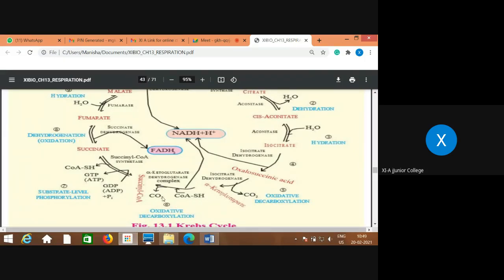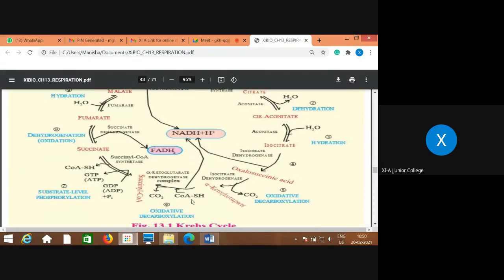Immediately in the next step, second decarboxylation takes place. So from 6 to 5 and 5 to 4 carbon atom, that is succinyl coenzyme A. Why coenzyme A? Because it gets attached here from the matrix, and that is by succinyl coenzyme A, a 4 carbon compound is produced. Then here also one more thing: this is the step where from isocitric acid to oxalosuccinic acid, first NADH2